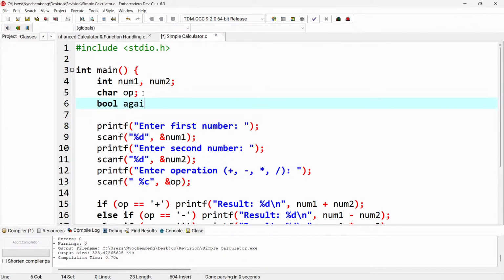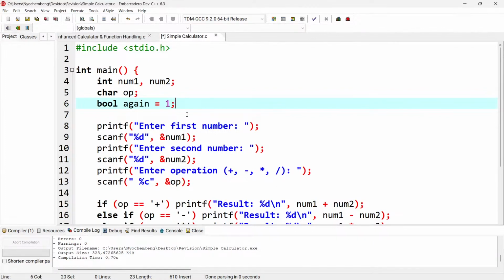Let us put again. Let's set again, and let's initialize it to true. This is what I want to do. I want to create a loop that, after we have inputted the values and it has thoroughly performed the operation and given us the result,